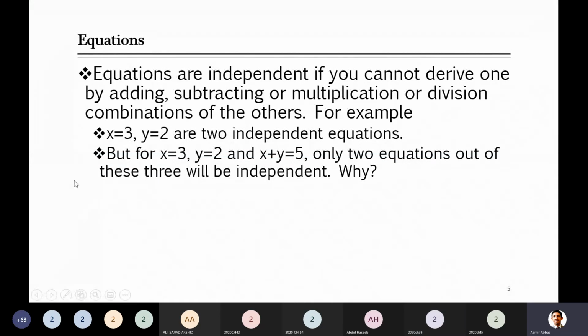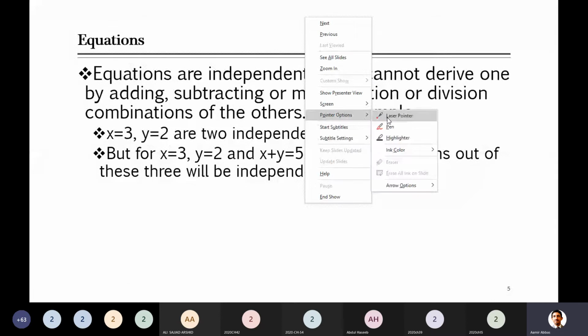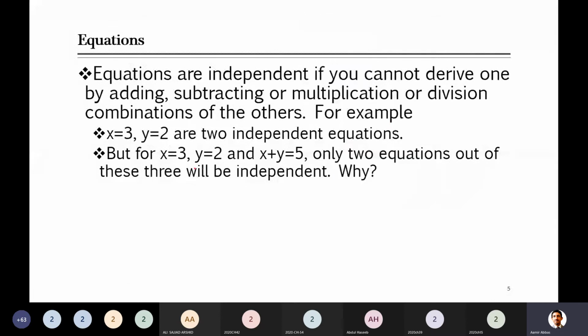Sorry, 39 was causing trouble. So here x is equal to 3 and y is equal to 2. You can add these left hand side and you can get right hand side. How? x plus y, and other side 3 plus 2 is equal to 5. So now can you see that these are dependent equations, because any two of these give the third equation. So overall, when you look at this set, there are only 2 independent equations. Although you see here 3 equations, if you look at only independent equations, they are only 2.